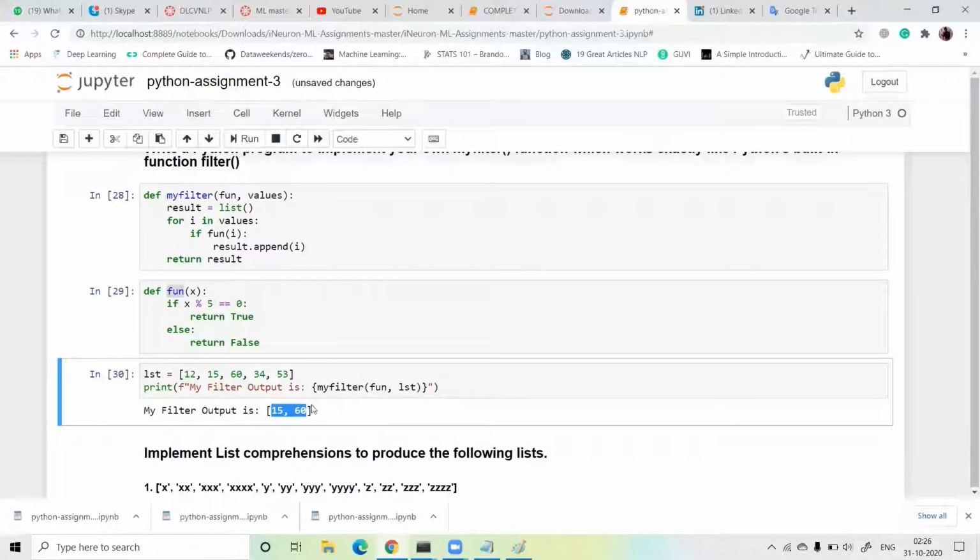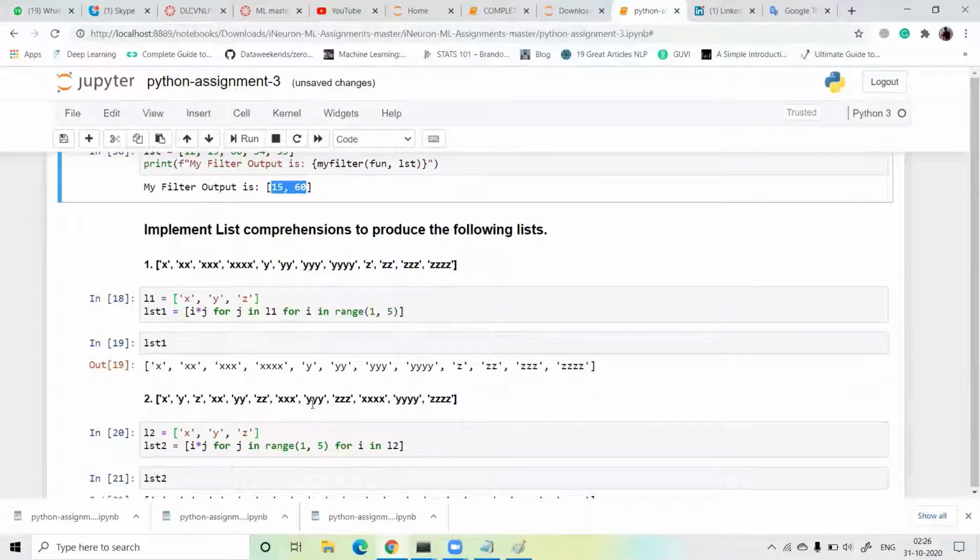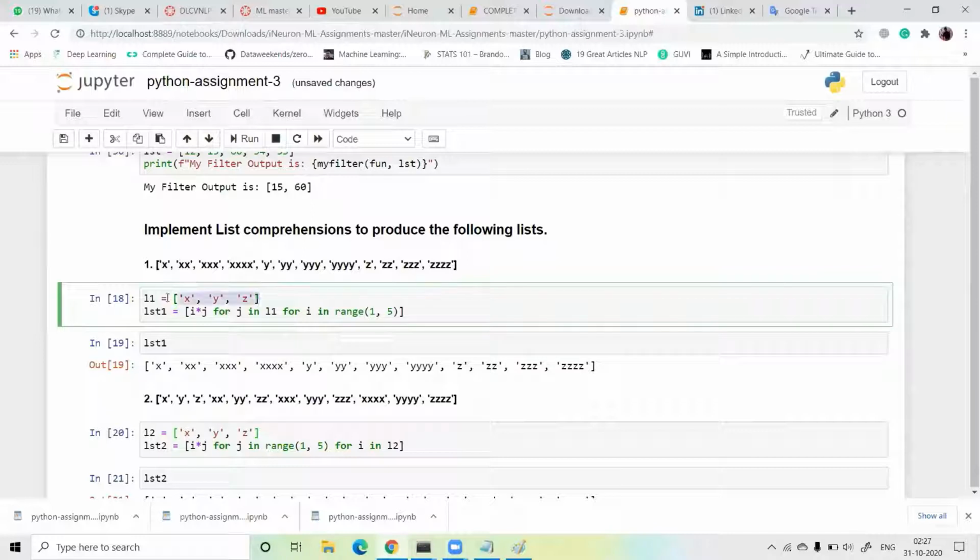Next program is to implement list comprehension to produce the following list using a list comprehension, guys. The first output is x, double x, triple x, 4x, y, double y, triple y, 4y, z, double z, triple z, 4z. So I take the string xyz and write a comprehension: first for loop is for i in range 1 to 5, and the second for loop is for j in L1, and then I into j.